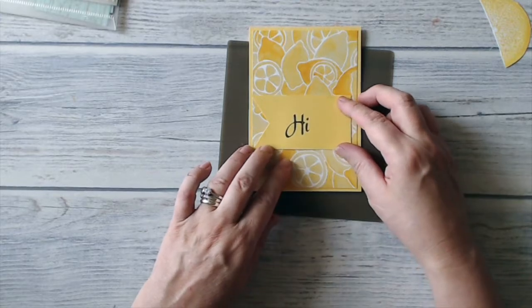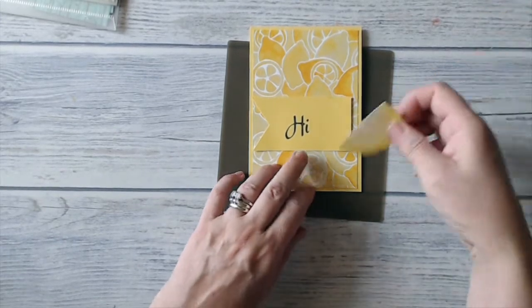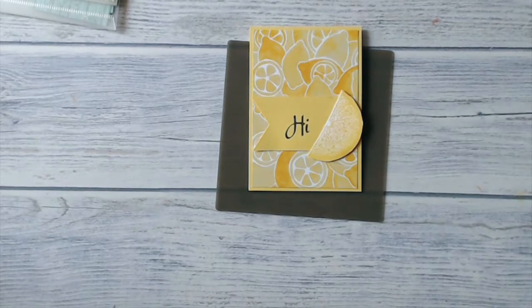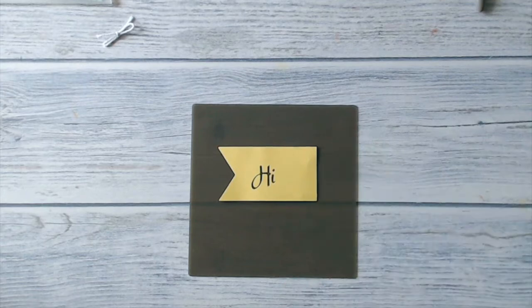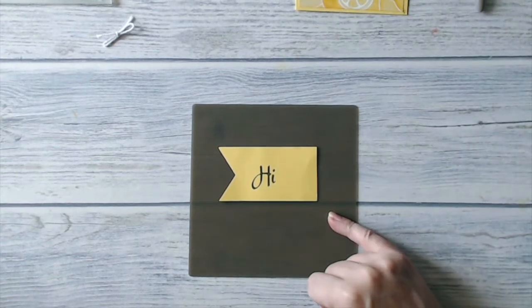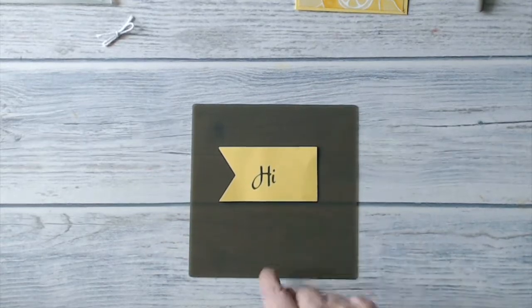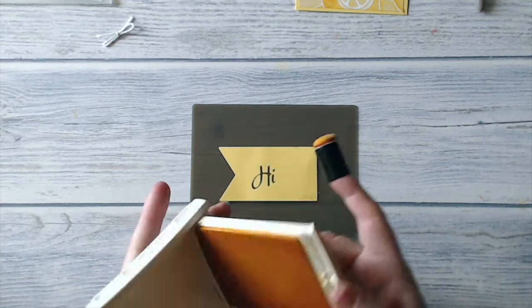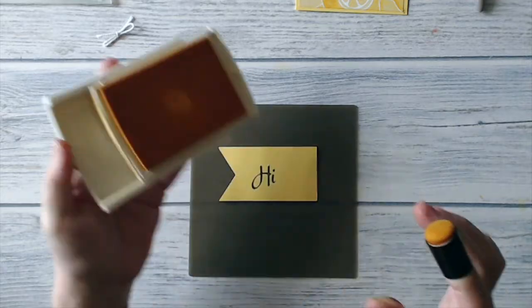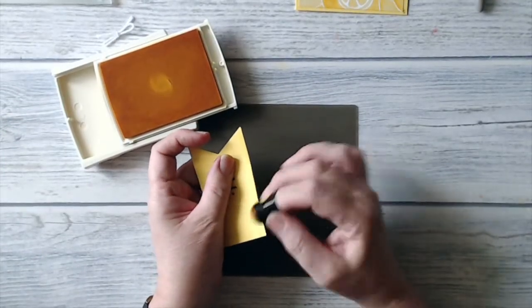Okay. Right. So there is my message. Hi. That is going to go on top. Originally I was just going to put my message just onto the front of my card, but it looked a bit flat, so I'm going to do some sponging around the edge. So I've got my finger dauber and my Daffodil Delight ink, and I'm just going to catch those edges